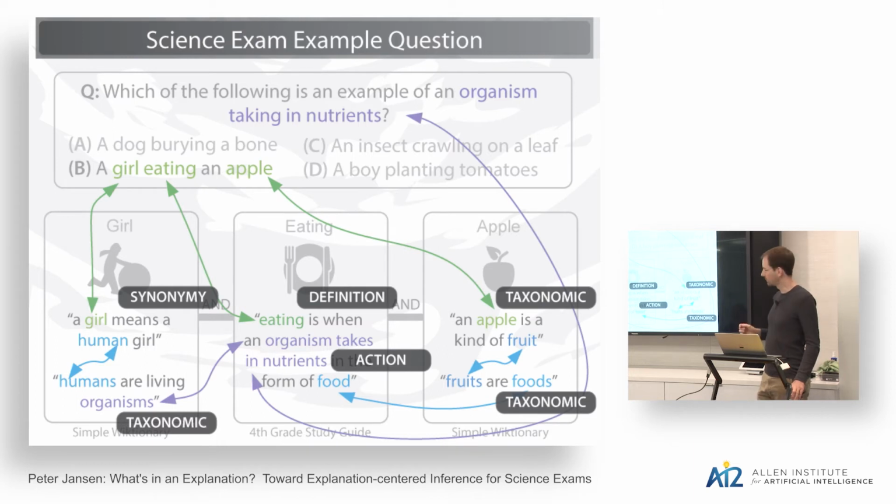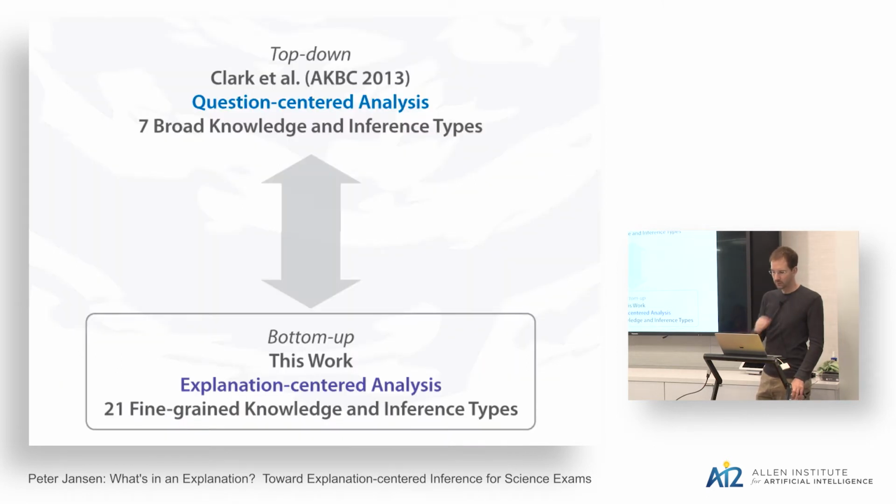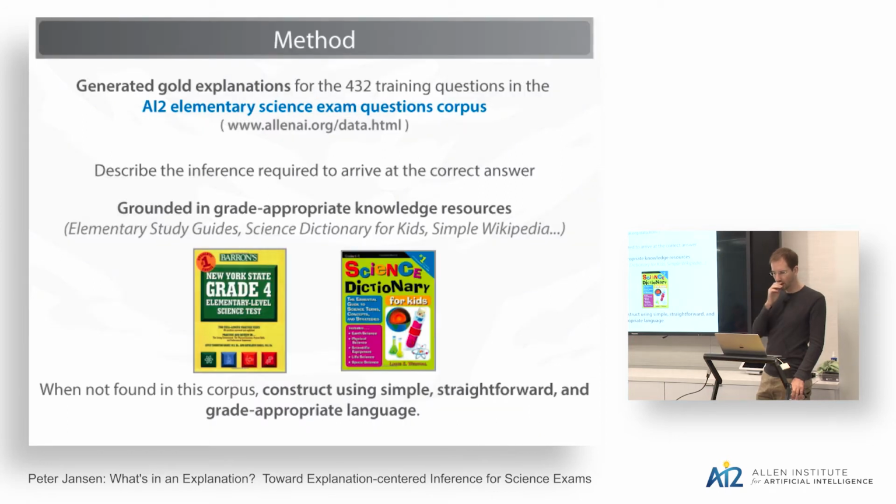Taxonomic knowledge, definitions, actions, and so on, even in this simple example. So maybe a more productive way is to look at this bottom up. We'll build gold explanations, and we'll look at the knowledge and inference requirements that way. So bottom up. What we did here, our annotation method for building this explanation-centered analysis, we generated 400